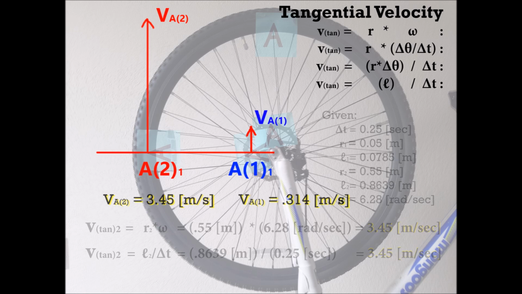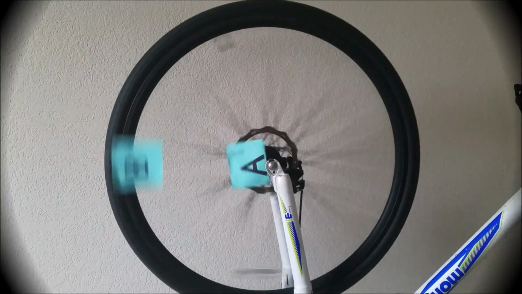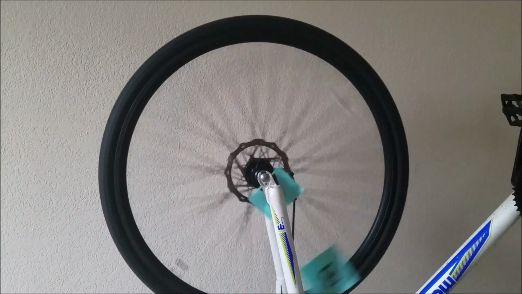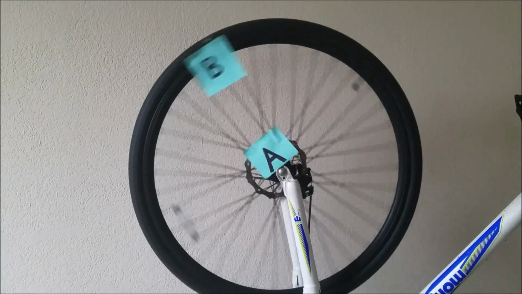So even though both points are rotating at exactly the same rate with exactly the same angular velocity, the object at the edge will always have a higher tangential velocity than the object closer to the center, at a ratio proportional to their radii. So make sure you always pay attention to your rigid bodies and don't confuse your tangential and angular velocities, or else your A's could turn into